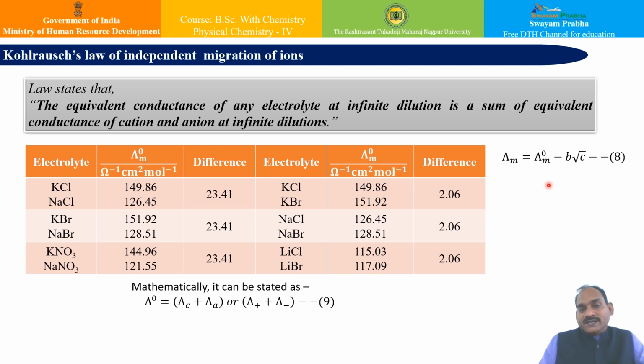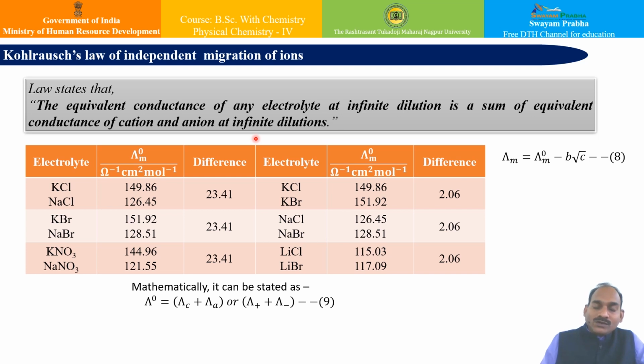That is its significance. This law states that the equivalent conductance of any electrolyte at infinite dilution is a sum of equivalent conductance of cation and anion at infinite dilution. If I want to summarize it in other words, I can say that at infinite dilution, where dissociation for all the electrolytes is complete and where all interionic effects disappear, each ion migrates independently of its co-ion and contributes